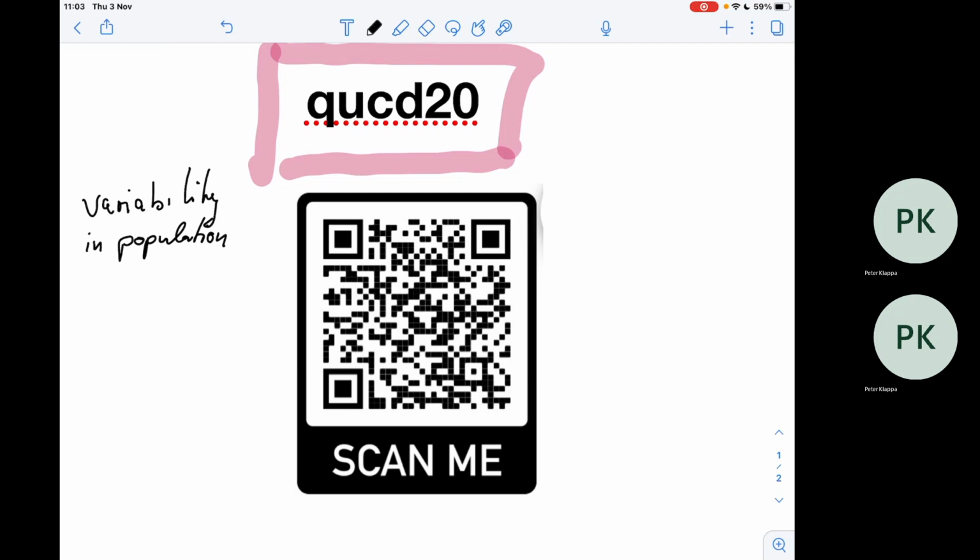Instead, it makes far more sense to say the average height of the students in the population is 177 centimeters plus minus, say, 12 centimeters or something like that. And that would be the confidence interval, this plus minus. It makes far more sense